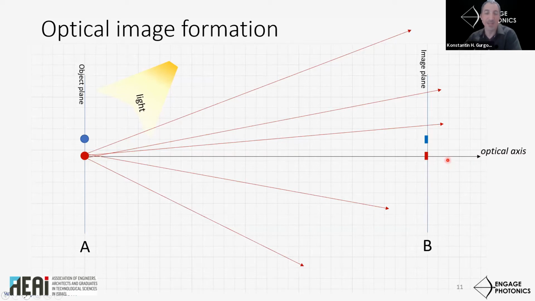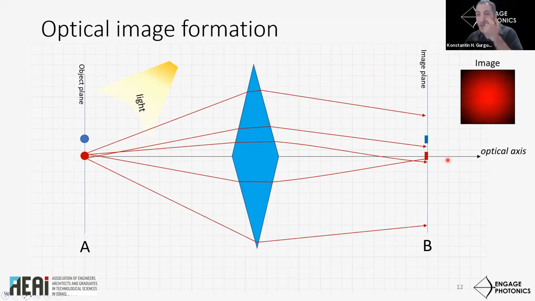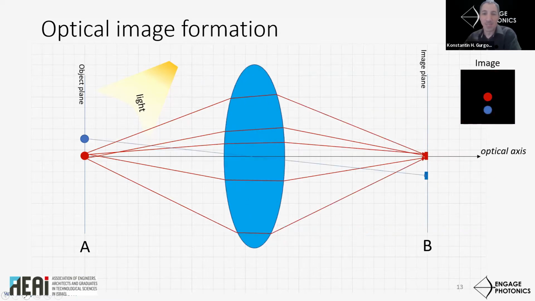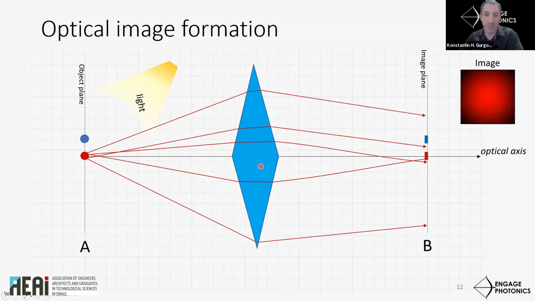So we know that what bends light is a prism. So we place this kind of a prism in the middle, and we see the light bending inwards, and we get some kind of a blurry hotspot in the center. That's not much of an image, but we're getting somewhere. So the prism has a uniform bending power along the prism, but we see that at the top, we need to bend the light rays much stronger than at the center. So what we need is a variable power prism.